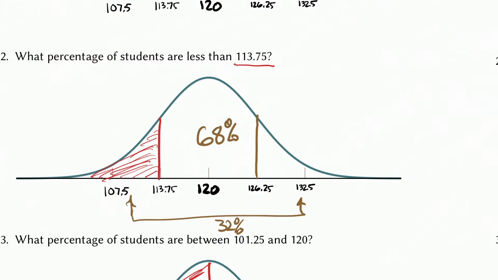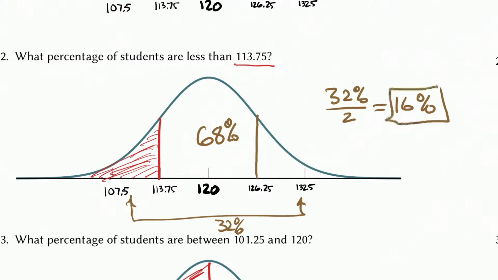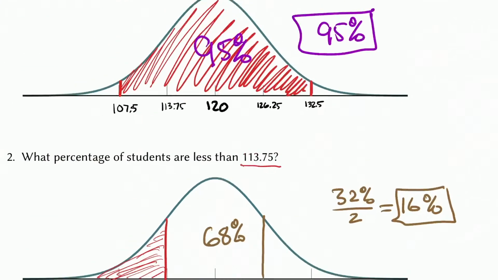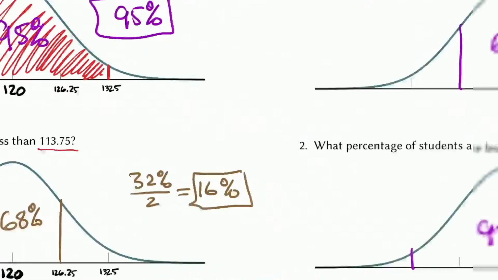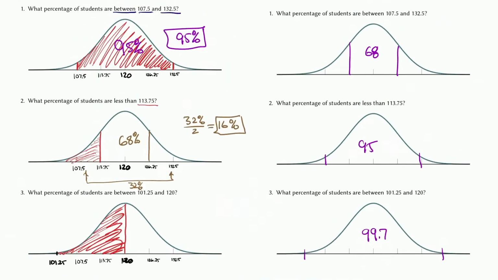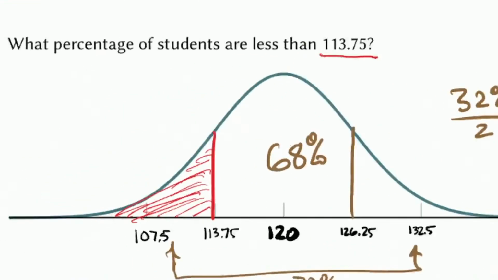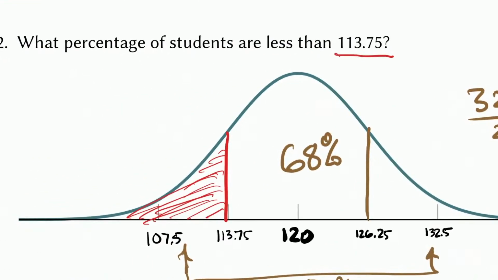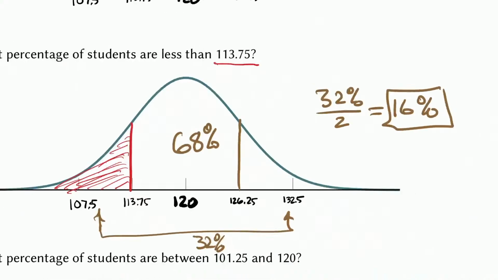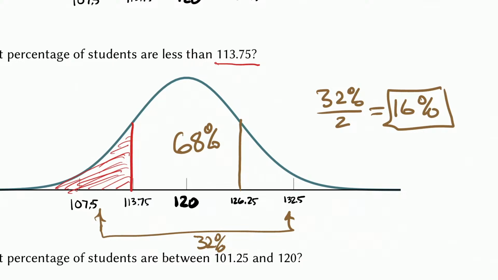And so that's going to be 32% divided by 2, or 1/2 of 32%, so 16%. So if you got 16%, you're doing great. So if I were to evaluate which of these is the hardest, this one's pretty easy because you're just remembering those 3 numbers and picking the one that's appropriate. This one's a little bit harder, isn't it? Because you have to take that number, 68, and do quite a bit with it before you get the final answer of 16%.